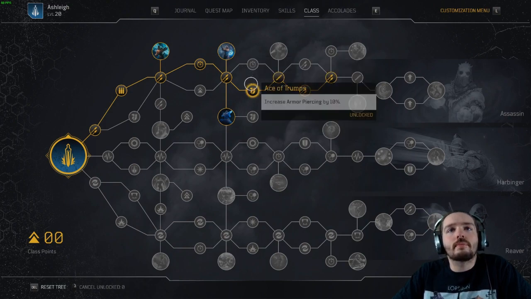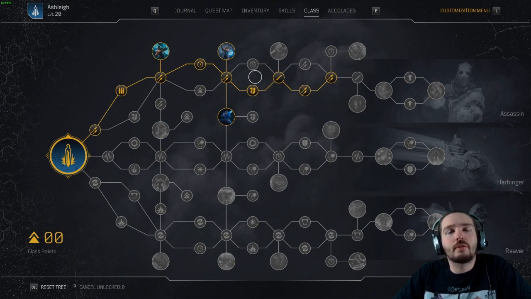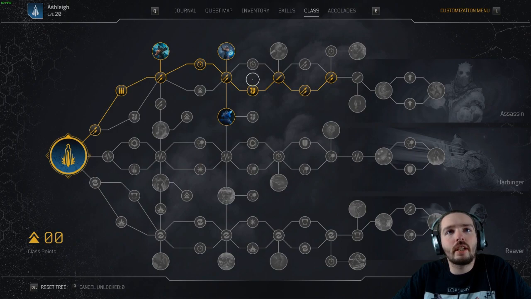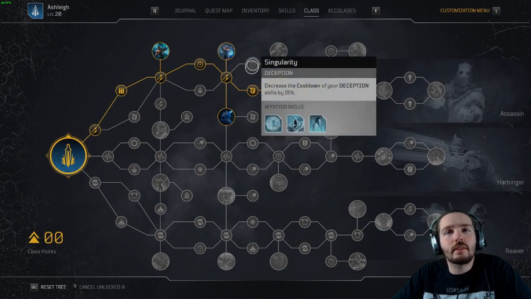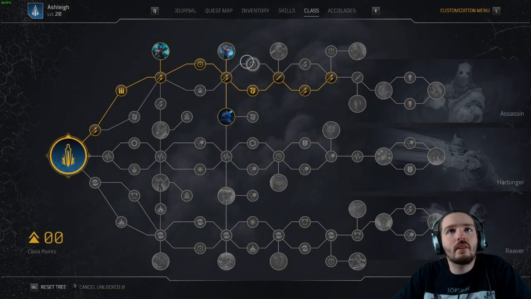Now, I could respec and get this cooldown here for the deception, so I could throw my knife more spammy, because the armor piercing, I don't really notice that much. I guess it's more for killing the elite characters, but I've never really had much of an issue with armor. Maybe that's more of a late game thing to take into consideration, but definitely making that throwing knife more spammable. I mean, 9.6 seconds doesn't feel that long, but